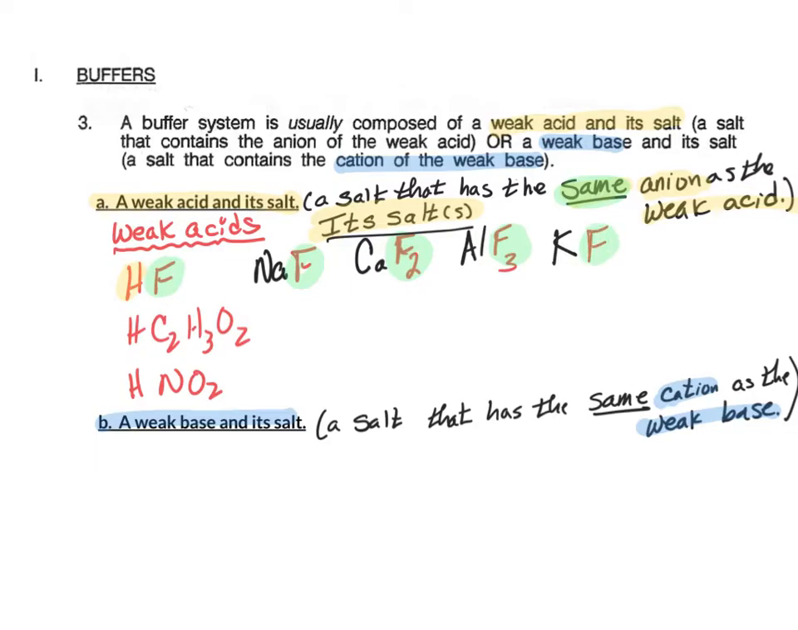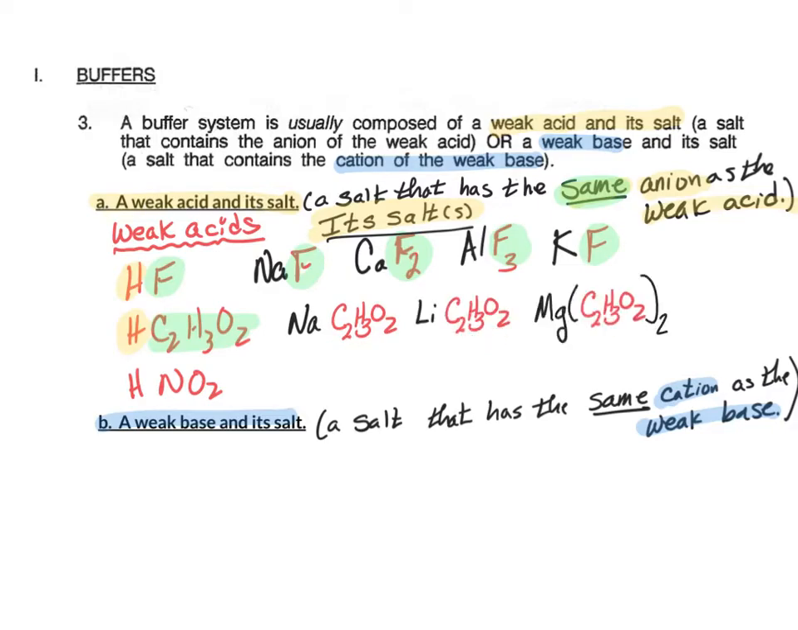How about for hydrogen acetate? Here again we see the hydrogen tells us it's an acid. The second part tells us it's a weak acid. That second part, the anion, is the part that has to match in our salt. So we might have sodium acetate, we might have lithium acetate, we could have magnesium acetate, we could have aluminum acetate. As long as it ends with acetate and there's hydrogen acetate present, then we know that we could have